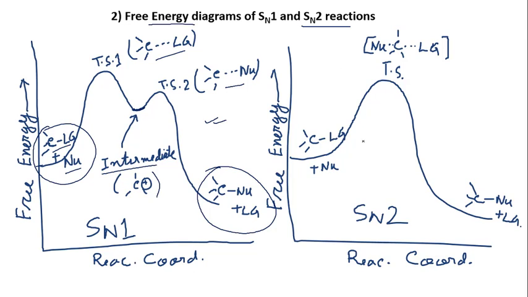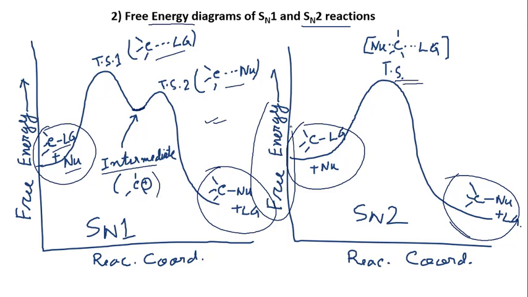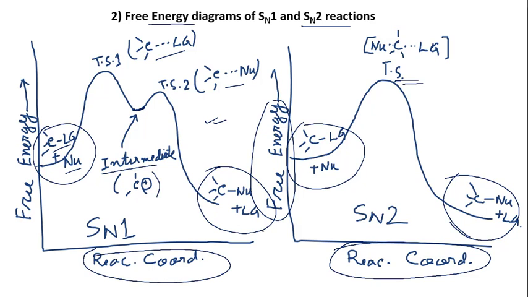And for the SN2 there is only a single hump, so it is bimolecular and a single step reaction, so there is no intermediate, only the transition state. Similarly you have to label it here for the reactants, and here for the products. And also be sure to mark the axes: the y-axis is free energy and the x-axis is reaction coordinate. Do not forget to mark these things to get full credit.